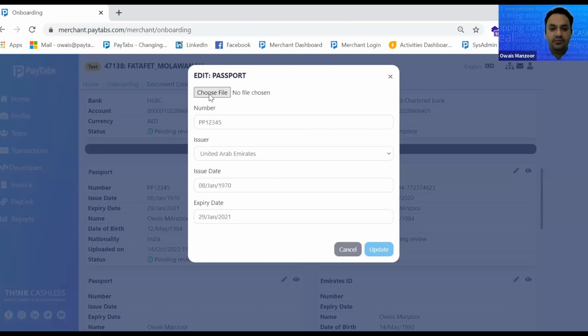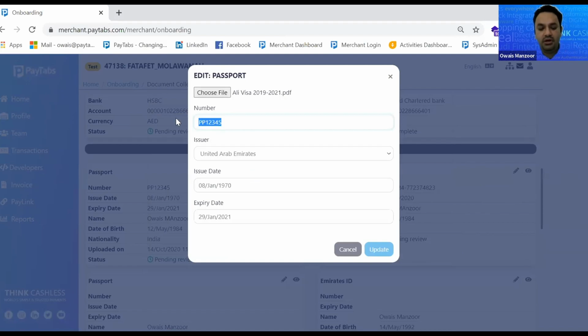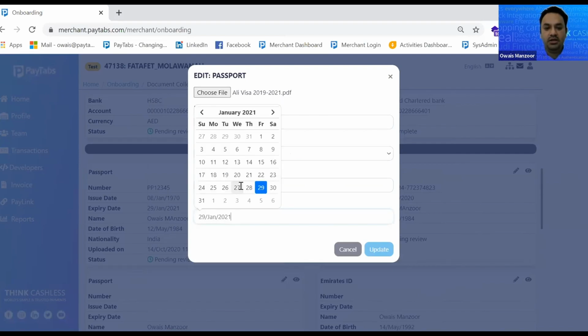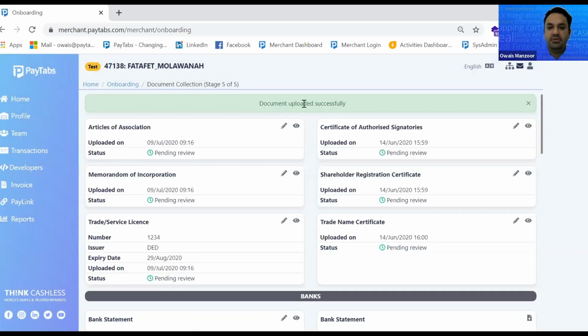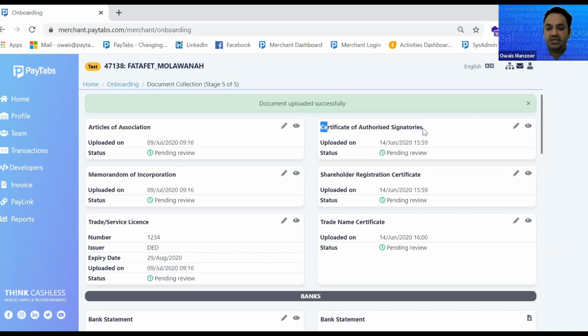Just choose a file. Let's suppose I uploaded a file. I put a passport number, I put an issuer of the passport, I put the issuing date, I put the expiry date. I just say update, or I just say submit. Submitted successfully. So you submit all the documents here, which is certificate of authorized signatory, shareholder registration certificate,